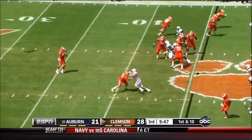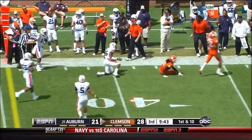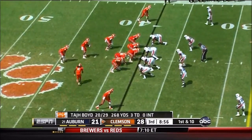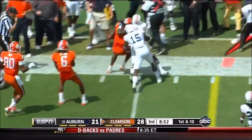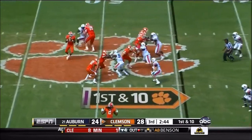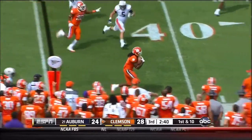Boyd looking deep and airing it out, and incomplete. Boyd has the confidence in throwing into coverage, knowing his guys will come down with the ball. 1st down on the 37-yard line. Here's Watkins again. Cannot get to the outside. They cross the 50-yard line. There it is, the pump, and Boyd was trying deep, but it's man covered, so he dumps it off to his check down